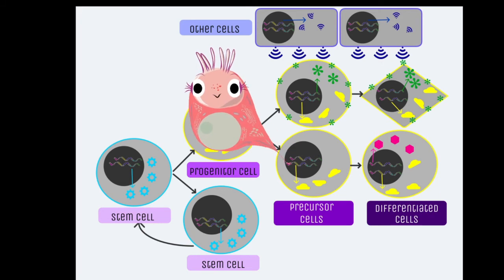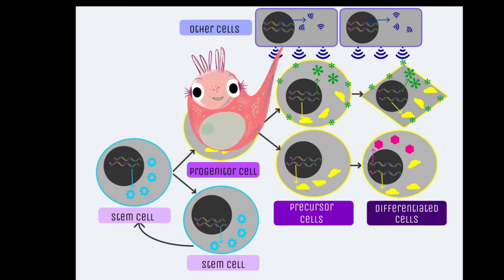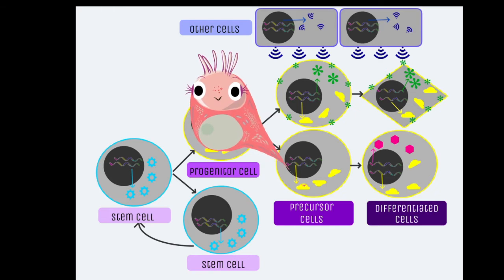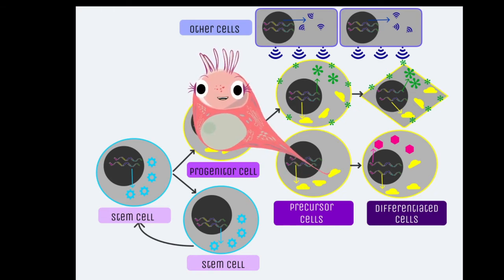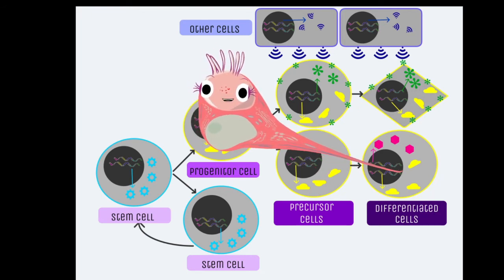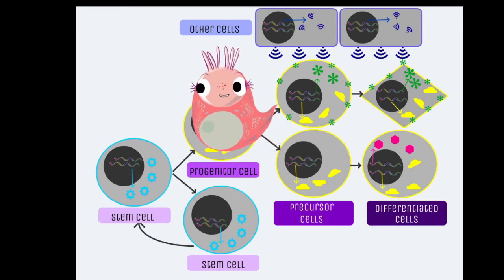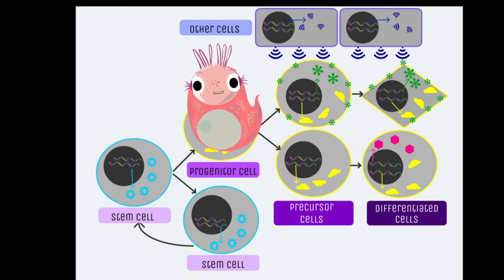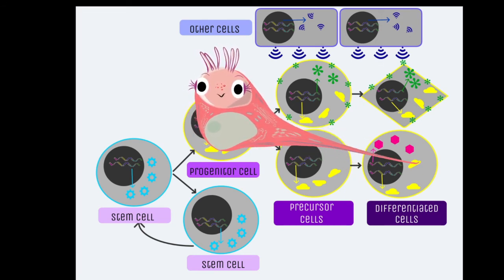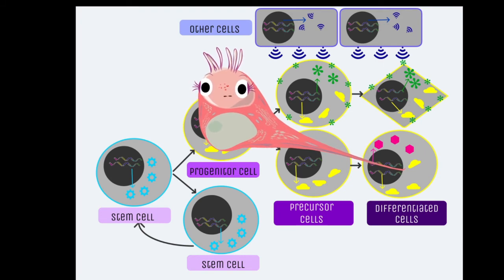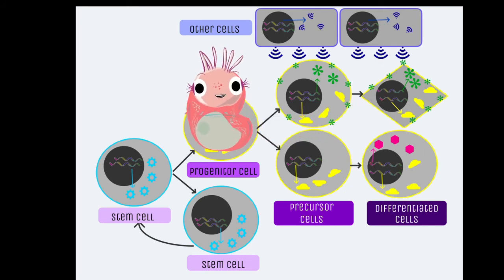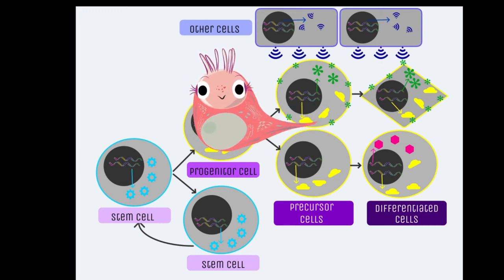In contrast, the cell that is not exposed to this specific environment will remain with only the yellow gene, and because it is exposed to different environmental signals, it will express not the green gene but the pink gene, and this could be, for example, an intracellular protein that will give rise to a differentiated cell in the fat tissue instead of the muscle tissue. So you see, from the single lineage in the progenitor cell, you can give rise to two different cell types